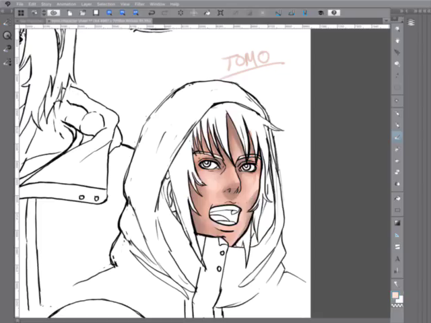But one thing I did make myself remember is that usually next to a really dark shadow is probably a pretty decent highlight. So if you kind of bump those two next to each other in your drawings and paintings and stuff, it'll really flesh it out a lot more.